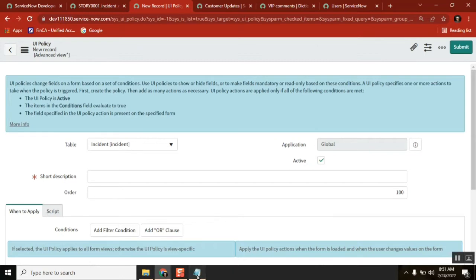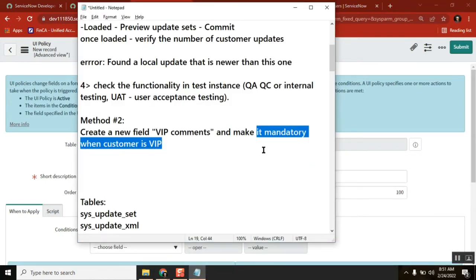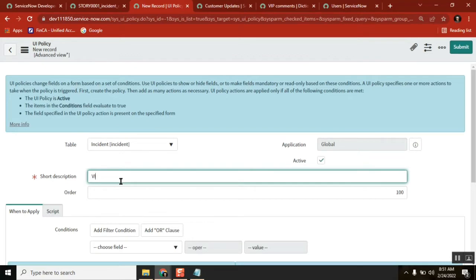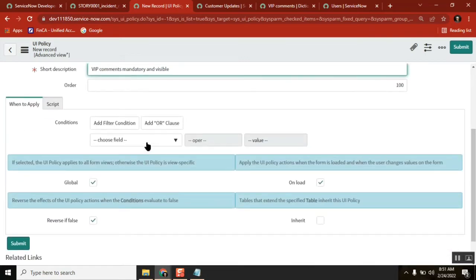I am doing this one. When the customer is VIP, whatever the comment, VIP comment. Order can be anything, we don't care. But the condition,